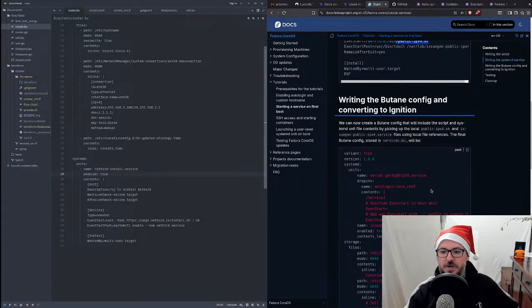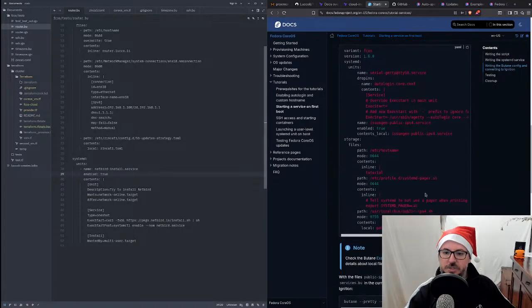The final butane config stored in service.bu will be this,